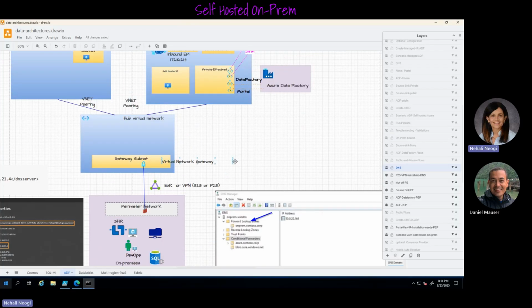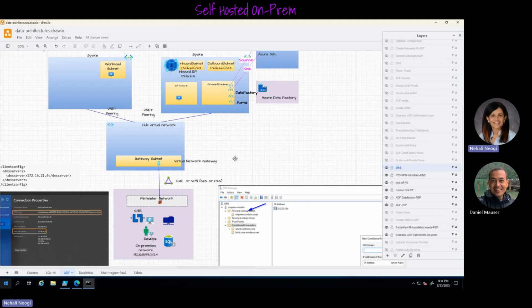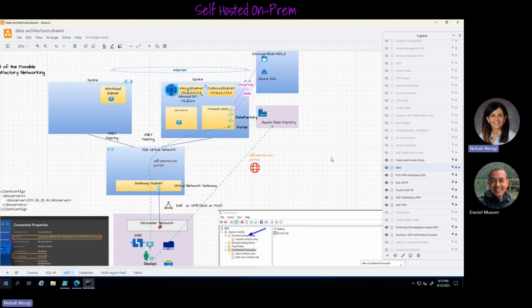Yeah, thank you, Daniel. So far we had the point to site. In Daniel's example, we had site to site, and then this is showing our private DNS resolver, the 21.4 that I was using for the P2S. And then there is an important call out I want to make in this flow, that with Data Factory, there